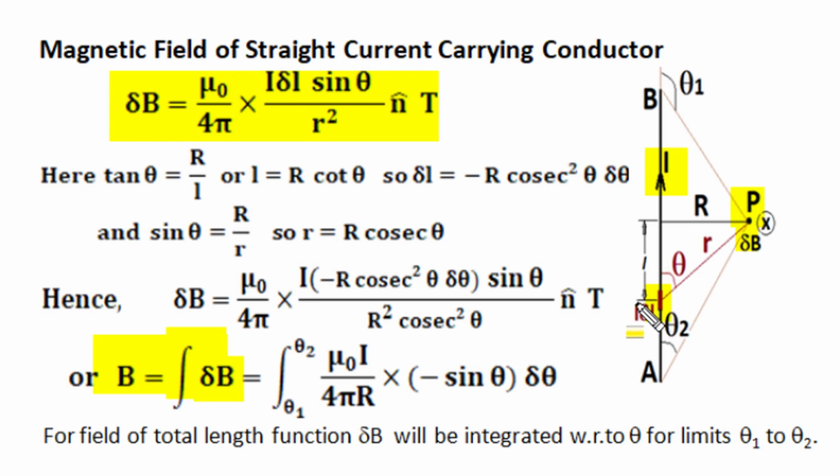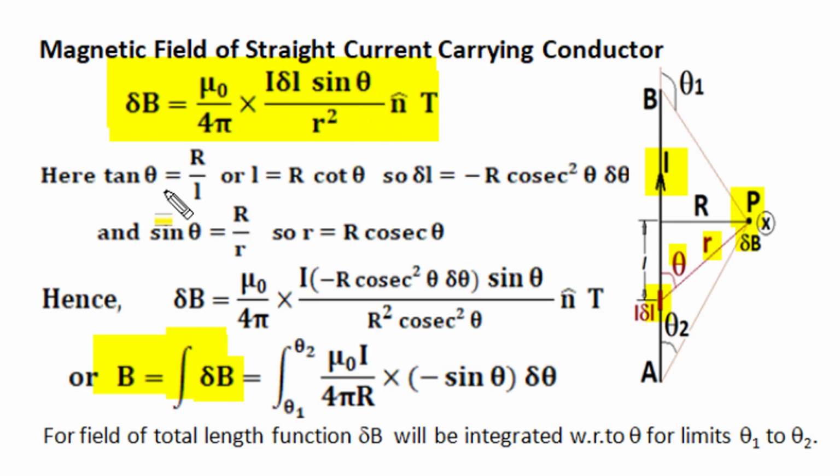Length itself is a variable, and the elemental vector with position vector R makes an angle theta, and that theta also changes when the elemental length on wire AB changes. The distance of observation position P from the current elemental length, this R, is also variable for different elemental length sections. So this three-variable relation is very difficult to integrate, but we can convert these three, L, theta and R,